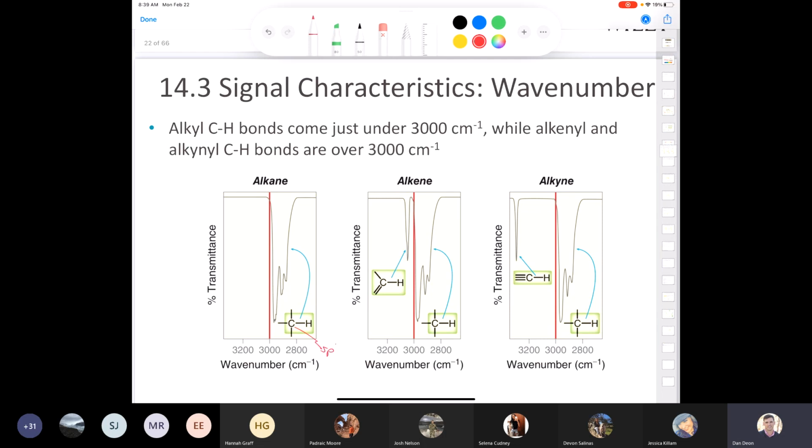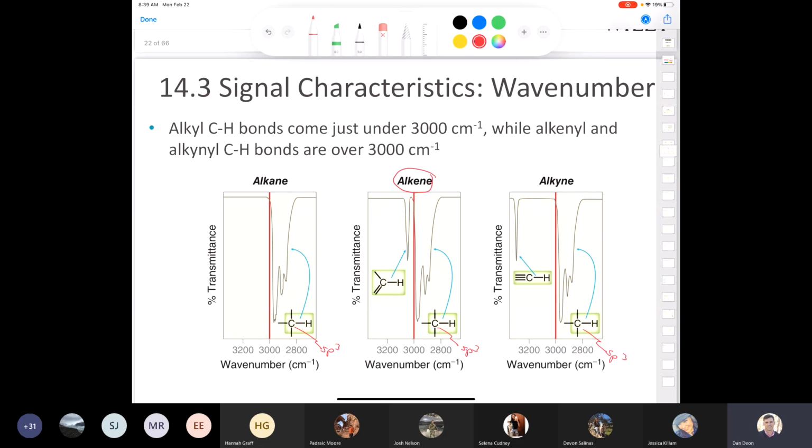You have, this is sp3, right? sp3 and sp3. And what did we say? We said they came out around 2,900. You can see that there's a bunch of them here. 2,900 is here, and there's a bunch of different signals, and I'll explain why that is later on, okay? But if you look at an alkane, in an alkane we have no sp2 or sp hybridized carbon-hydrogen bonds,